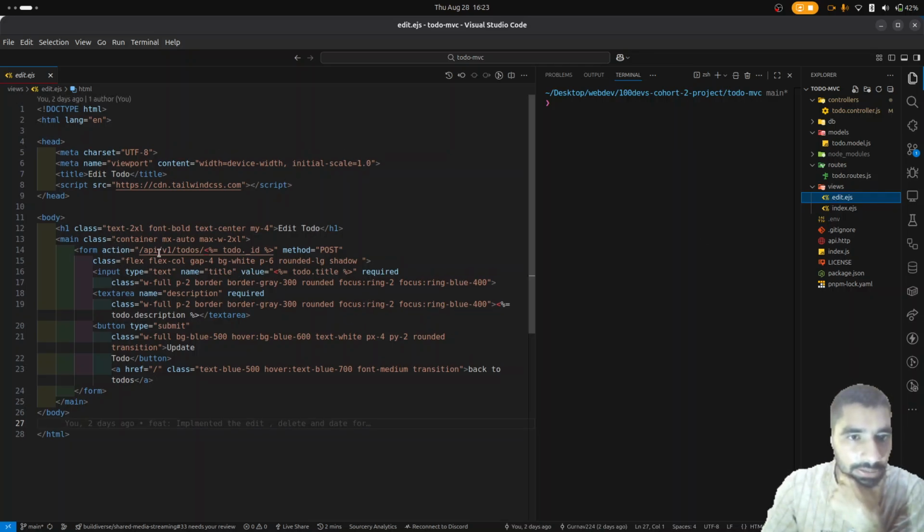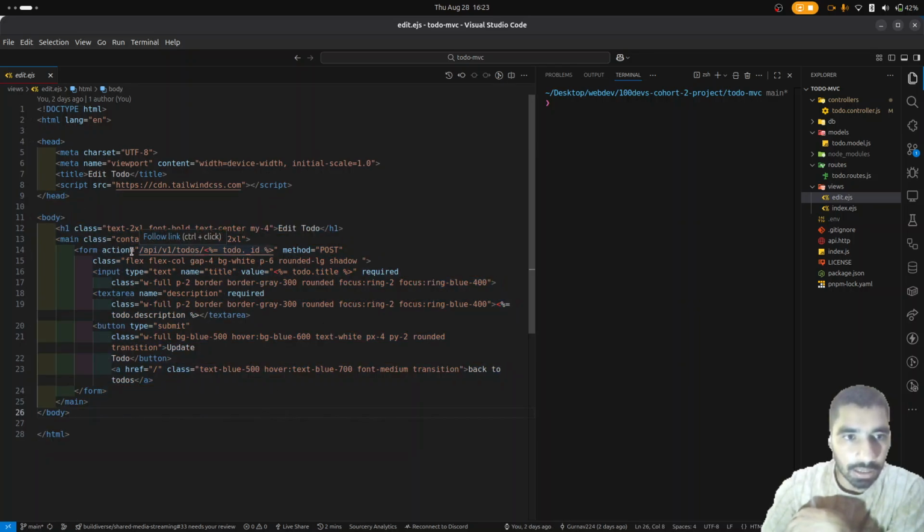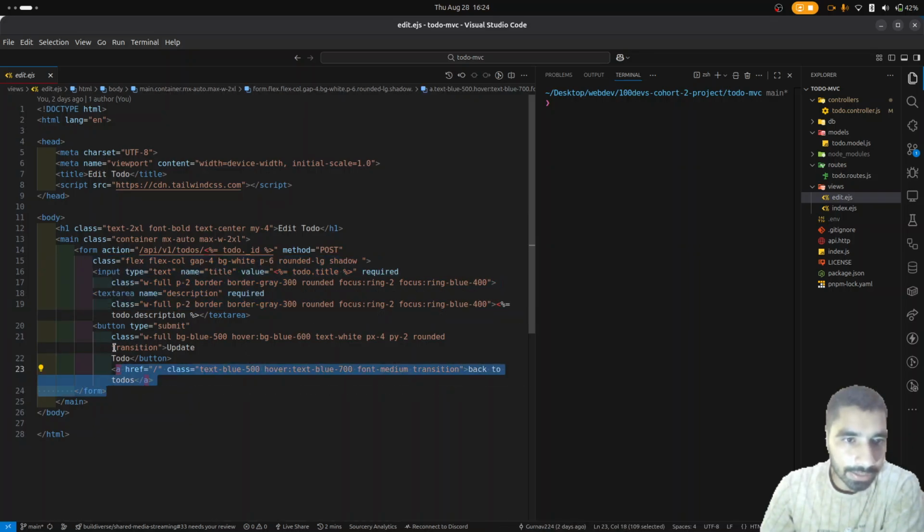After redirecting to that edit page, it will show us the edit page, and we have some pre-filled data, and after updating that data we again hit the submit